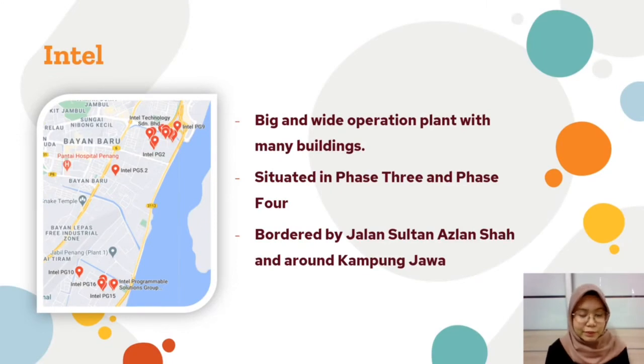Meanwhile, Intel in Bayan Lepas is located in Phase 3 and Phase 4. This is because Intel has a big and wide operation plan with so many buildings located in Phase 3 and Phase 4, which are 2 locations. It is bordered by Jalan Sultan Azlan Shah and around Kampung Jawa. From the maps given, you can see that Intel is located in Phase 3 and 4, which you can